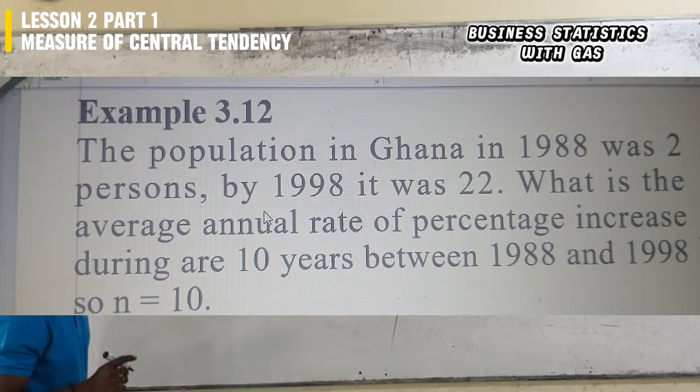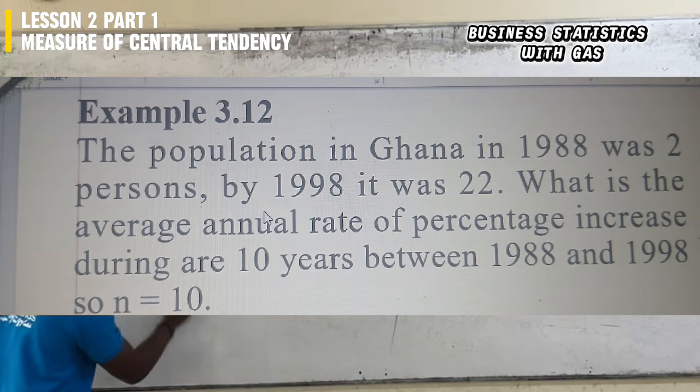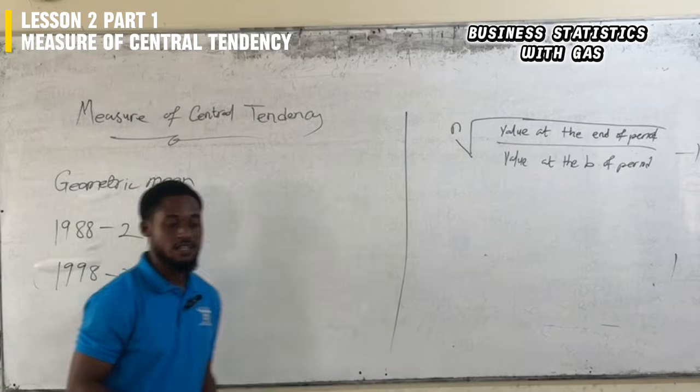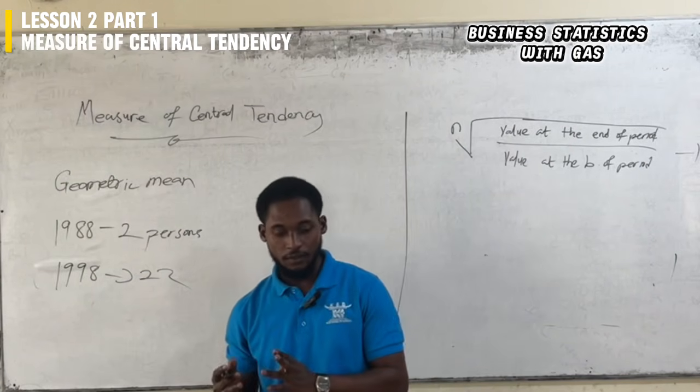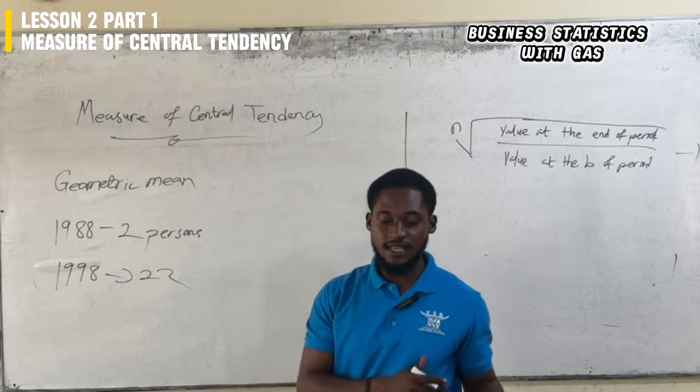By 1998, it was 22. What is the average annual rate of percentage increase during the 10 years between 1988 and